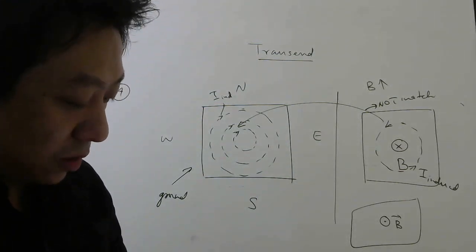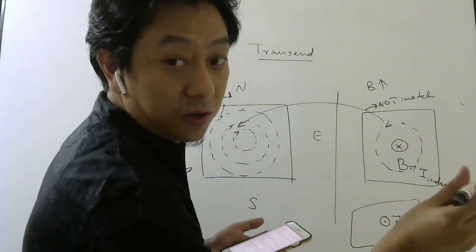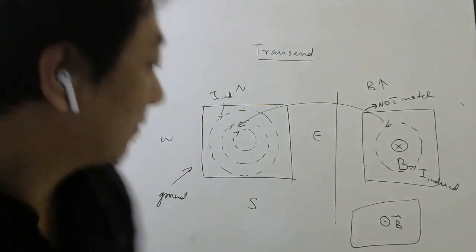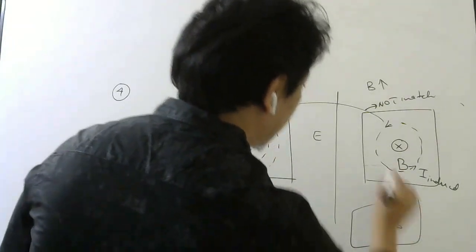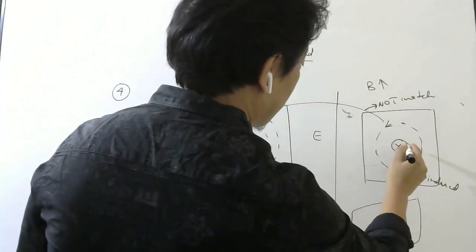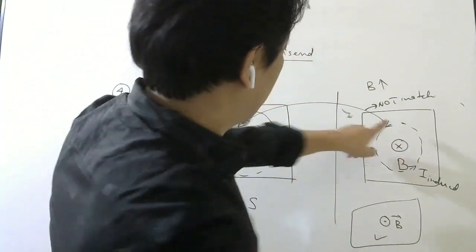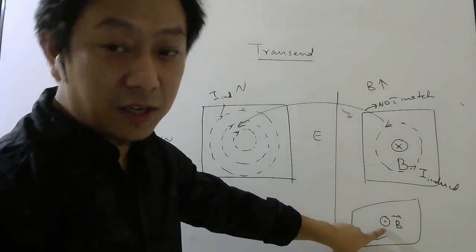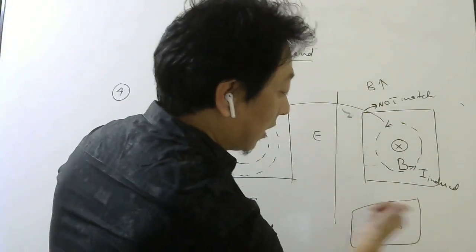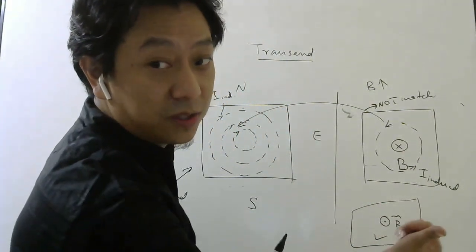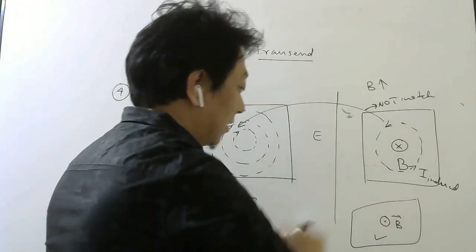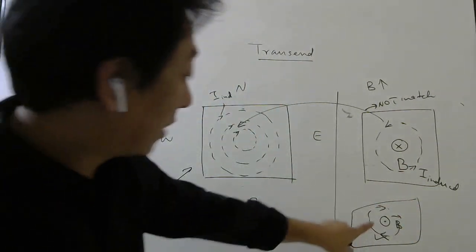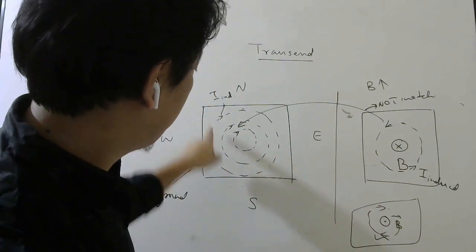Option B, normal to the paper outwards. So this will be the right answer. The other direction is wrong because our induced current is not matching with the question. Now for this you can check yourself. If it is out and if it is increasing, to oppose this I need to create this magnetic field. So the induced current here must flow this way, which is matching with this one, right?